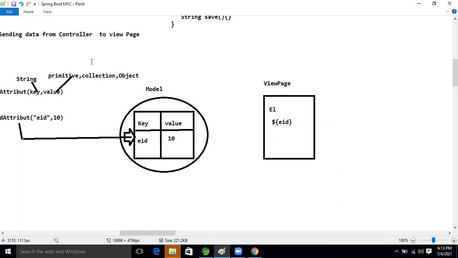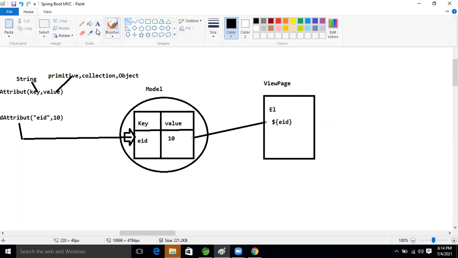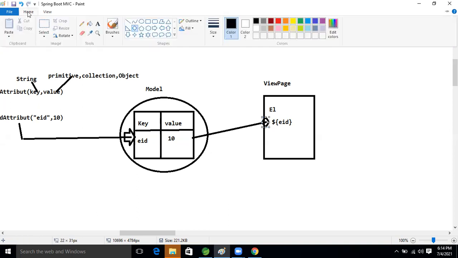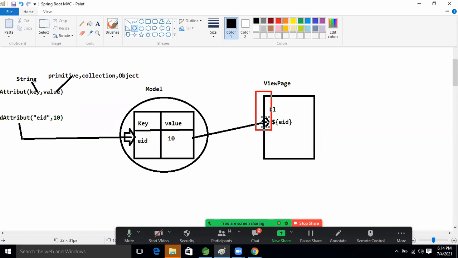What will happen then? This data will come to our JSP, and this concept is nothing but rendering the data on our JSP page only, right? Okay, good. So the Spring framework views the model memory. Which data is coming? The model memory data is coming on the JSP page, or not, guys? Come on.